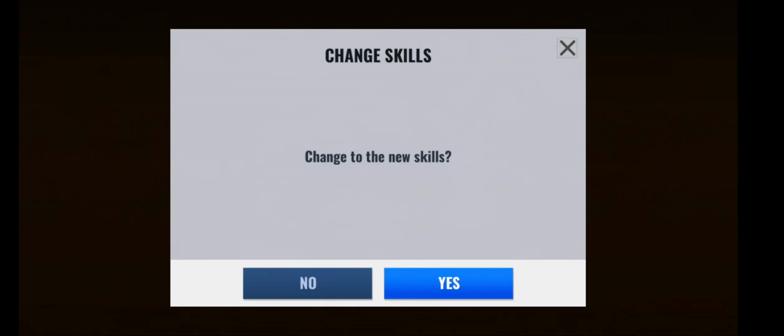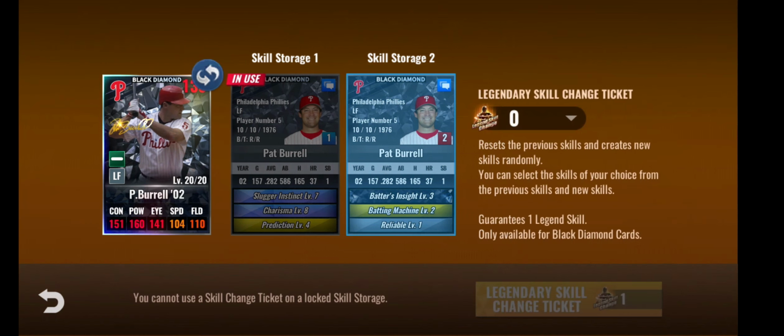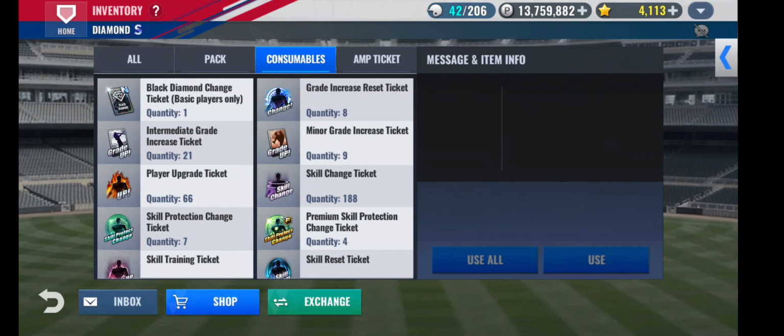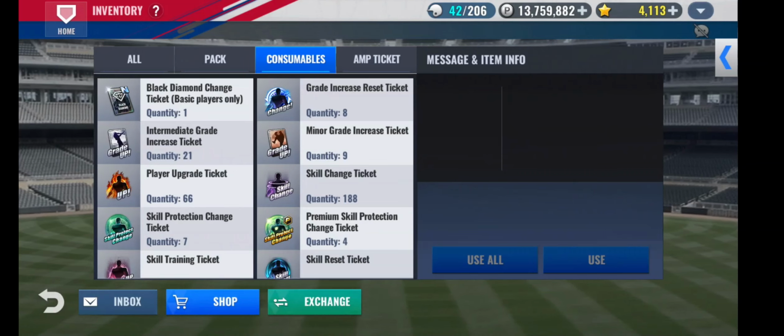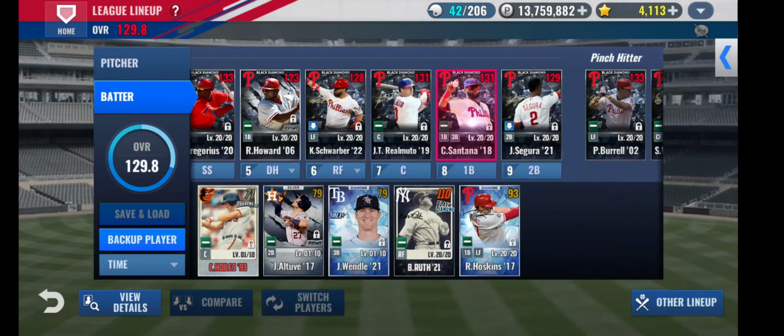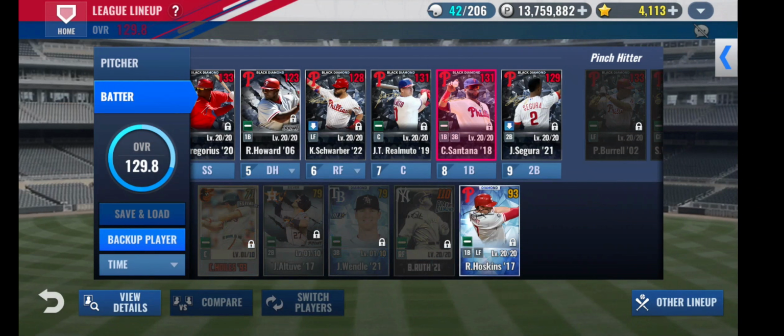Batter's Insight will take the set, but it's a hair too low in levels, and it's not a skill I'm super keen on running too much of. So unfortunately nothing with the last one, but the first both with Ranger Suarez and Carlos Santana, I think those are good gets. We'll have Santana hit last because with